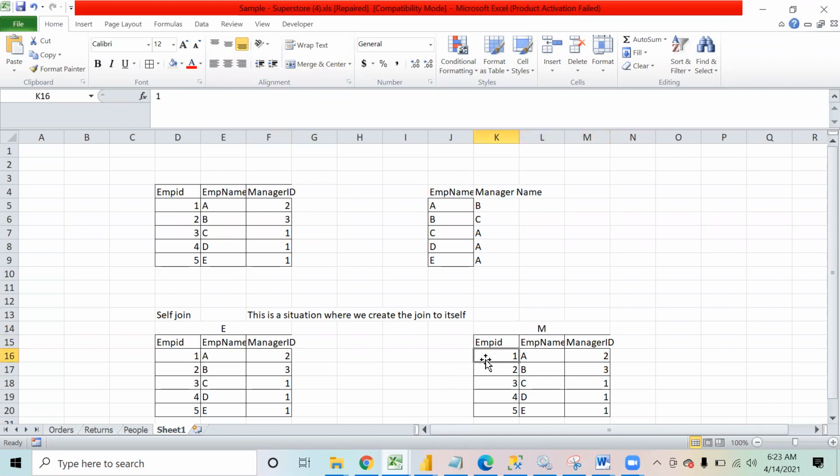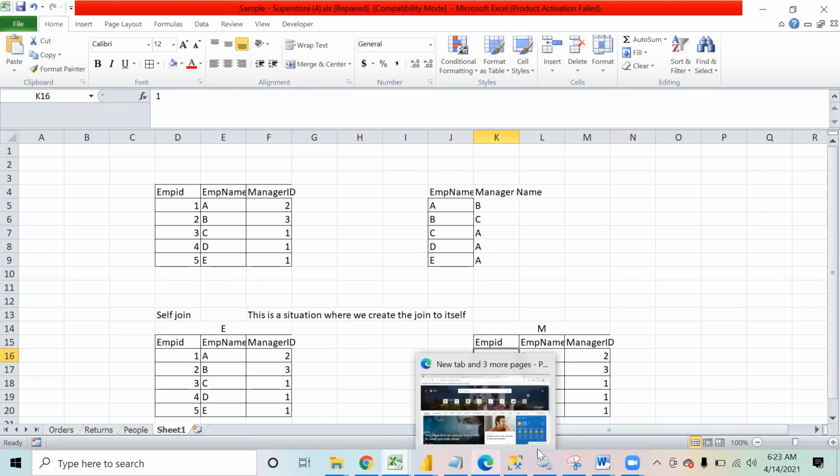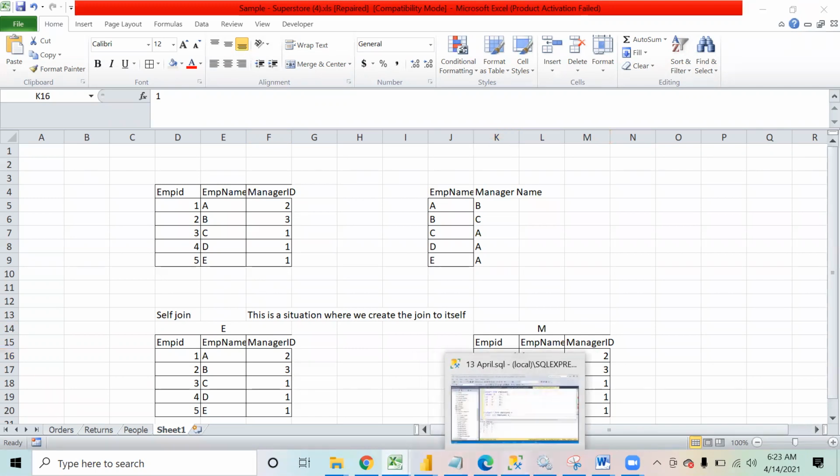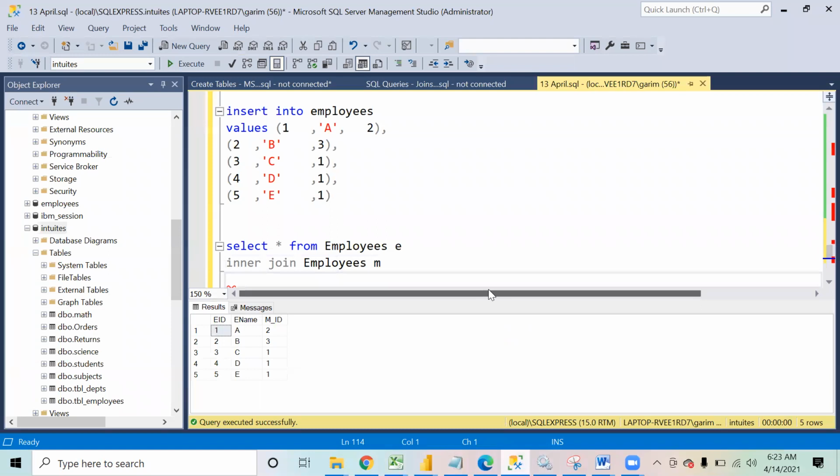Any one of the logic can be used. So if I come over here, I can say on E dot EID equal to M dot MID.